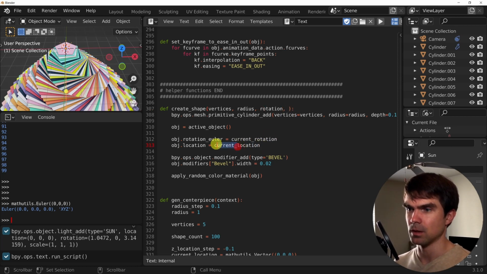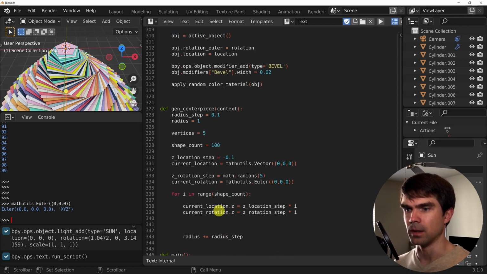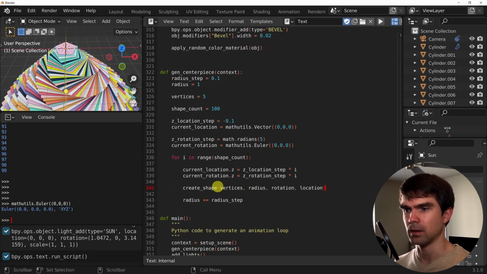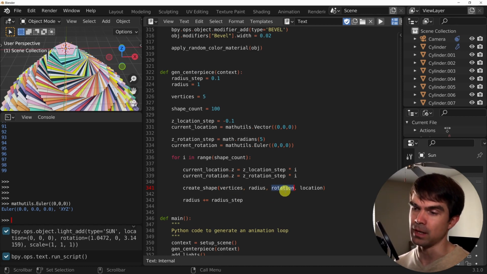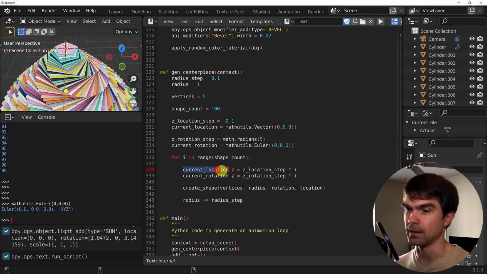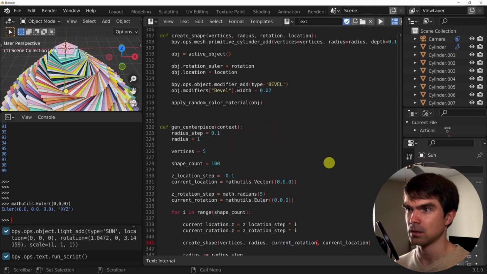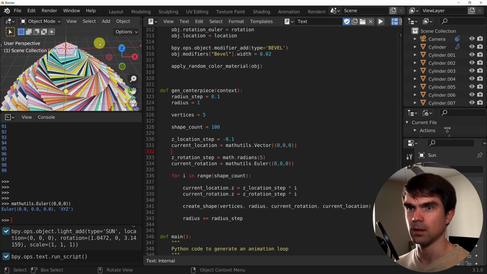Right, so we don't really have to use the same names as we did when we're passing things in. All right, so I'm gonna put that right here. And remember, I changed the names of these parameters, but they're not the same here, so I need to use that rotation. All right, I think that should work.